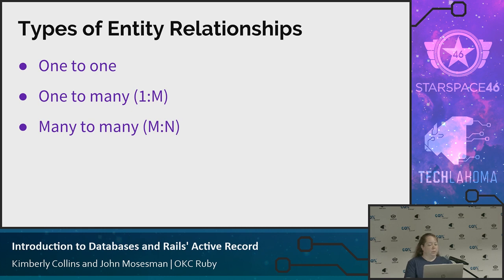So the types of entity relationships that we'll have, one-to-one sounds like it would be very basic and common, but you almost never see that. In fact, I've had very few of these, and it's very common for a database to not have any at all, so I'm not going to talk about it any more than that, one-to-one. The 2 that we need to talk about are one-to-many, which is abbreviated 1:M, and then many-to-many, which is abbreviated M:N. So one-to-many and many-to-many are the ones we're talking about.